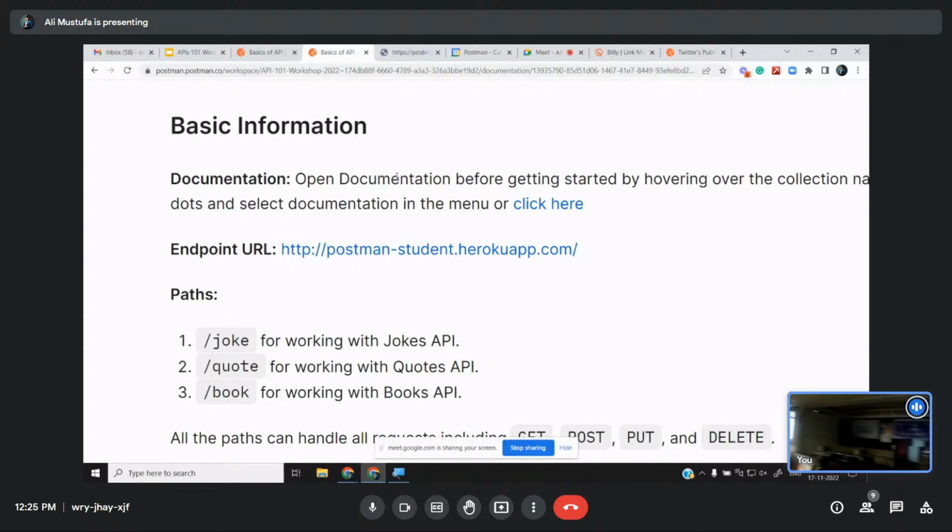Remember how we opened this up? We went to documentation. Go to the three dots on Basics of API, click on view documentation and you are there, okay? What do you see? Everyone sees Hello World? Yes or no?